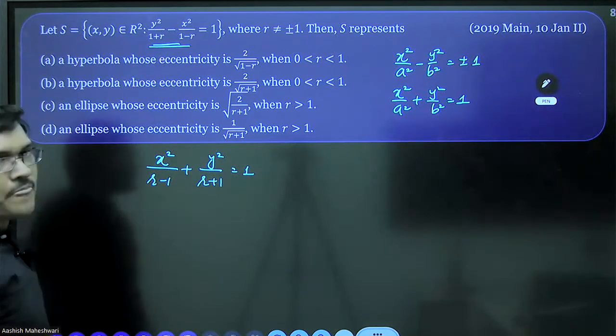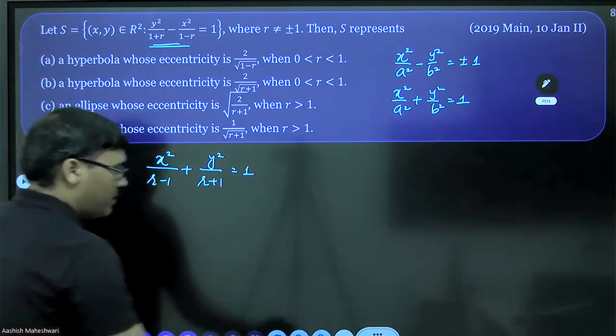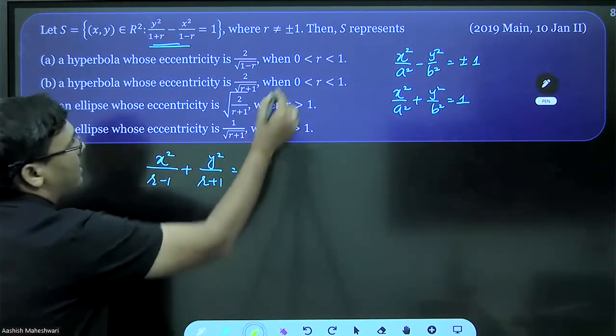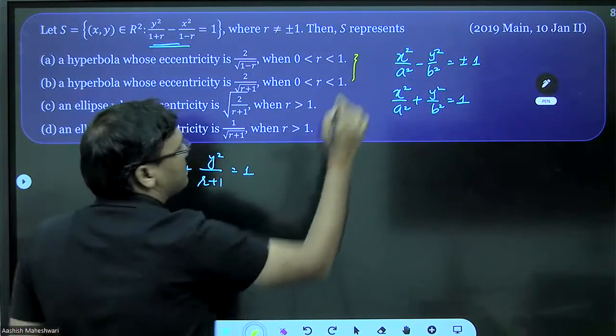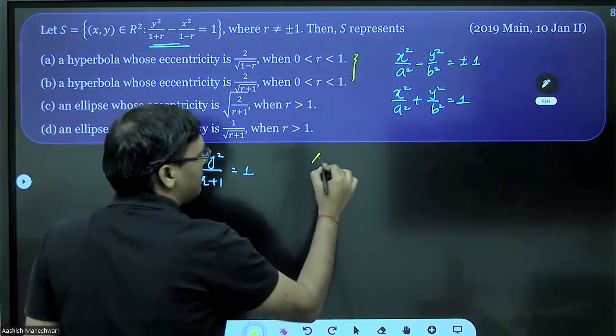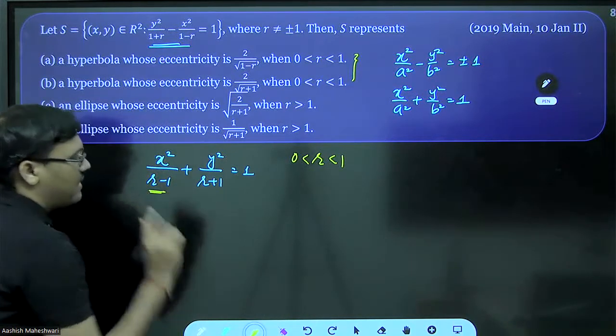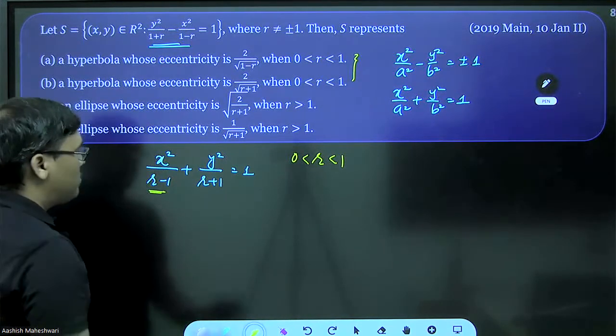This is the equation we have. Now see, if r is between 0 and 1, check this case first. If r is between 0 and 1, this quantity will be a negative value. Okay, so what I can say,